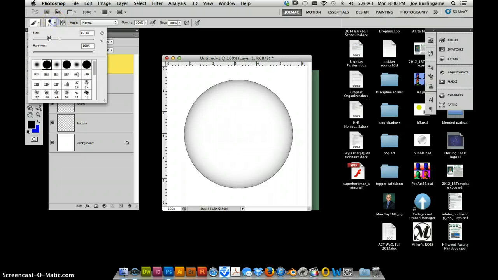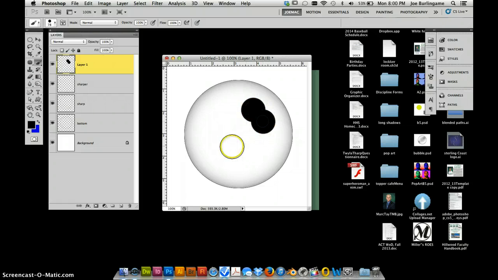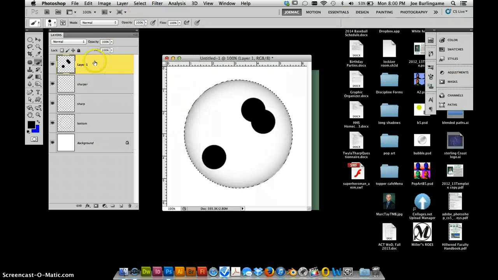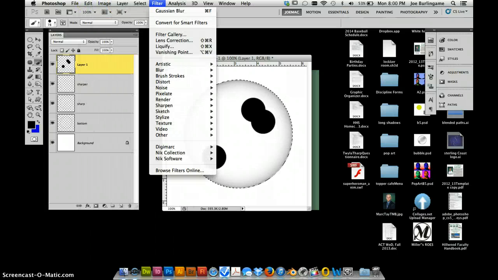See, I hit this brush drop down, second one from the top, and you decide the size, but something about like that. And just do one click, another click, and then maybe one on the other side. Okay. Now go back to Filter or Select, Reselect, because on this layer we're going to distort it a little